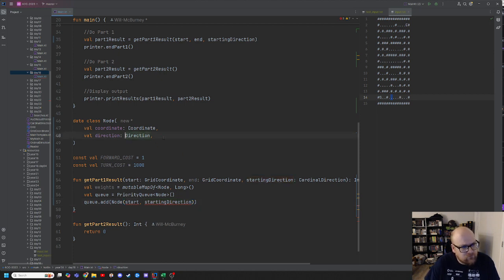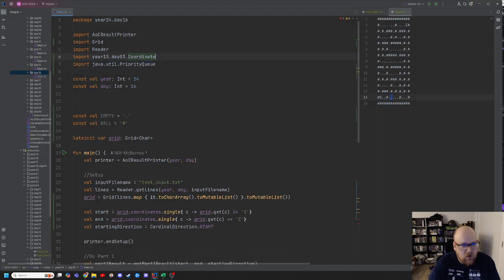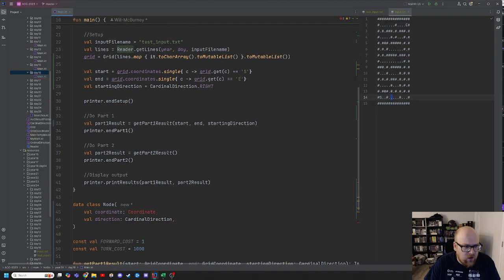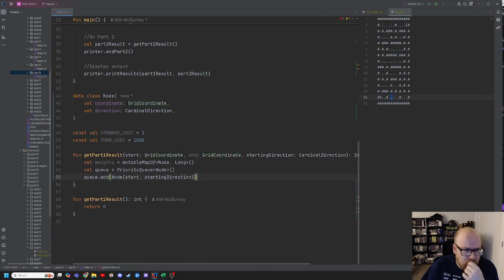Pardon, direction. Definitely don't want coordinates. Somehow I got coordinate in here, and I don't want that. Grid coordinates. Yes. Okay. There we go. So grid coordinate, and then I add to my priority queue this, and the priority queue is going to be based on